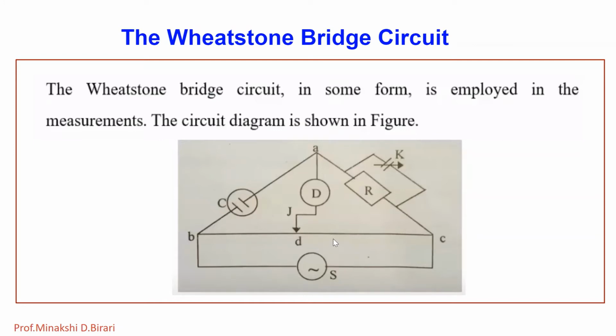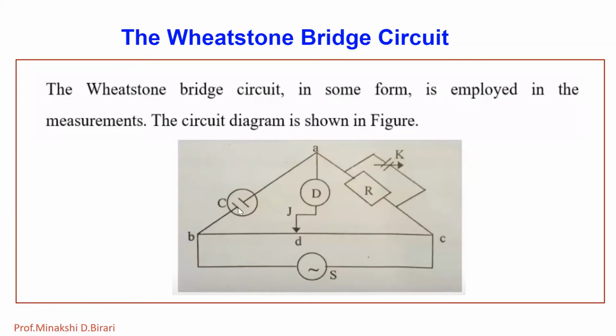For accurate work, along with balancing of resistance of the bridge arms, the capacitances are also balanced. For this, a variable capacitor K is connected in parallel with resistance R. So the resistance and the capacitor are both in parallel, so that the resistance of the bridge and the capacitance are also balanced. The value of the variable resistance R should be comparable to the resistance of the solution.